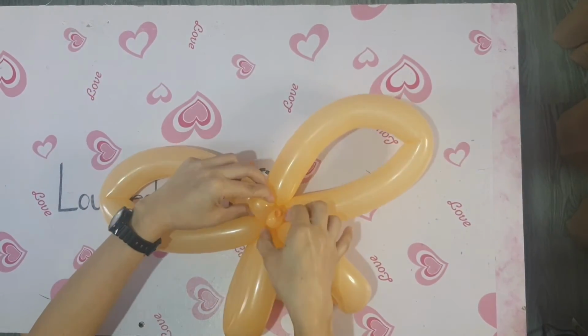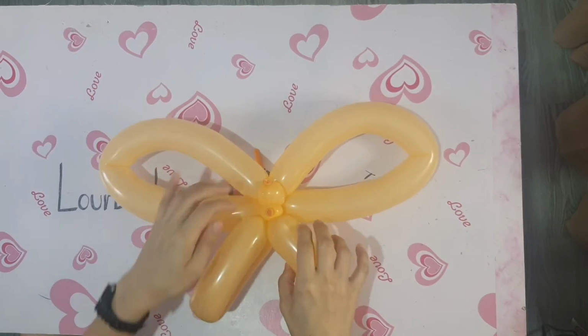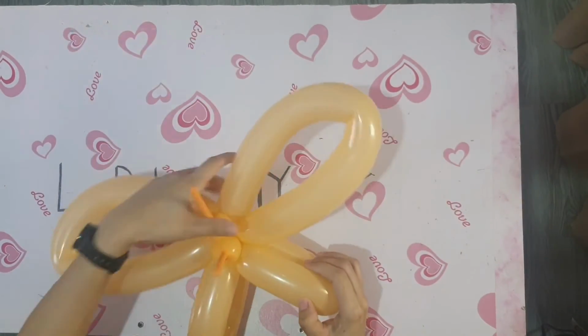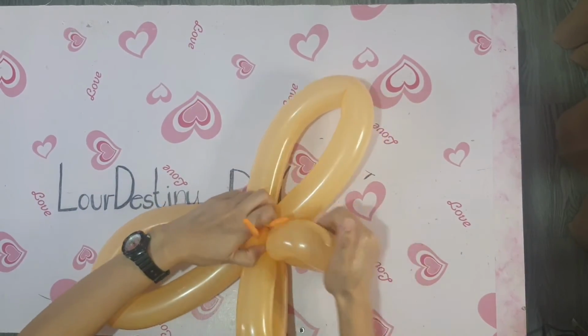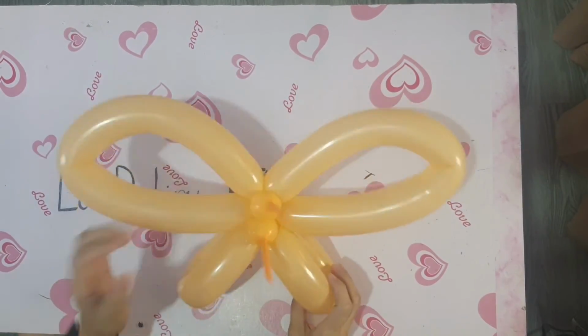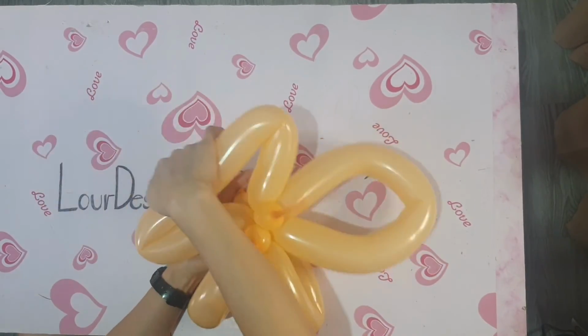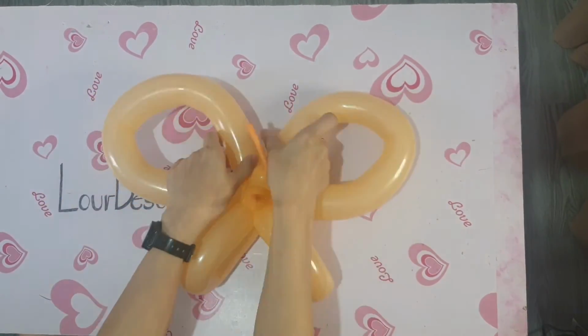Just like this one, you just need to put the 2 bubbles together. You have to press it to form better wings for your butterfly. There you go, 2 balloon